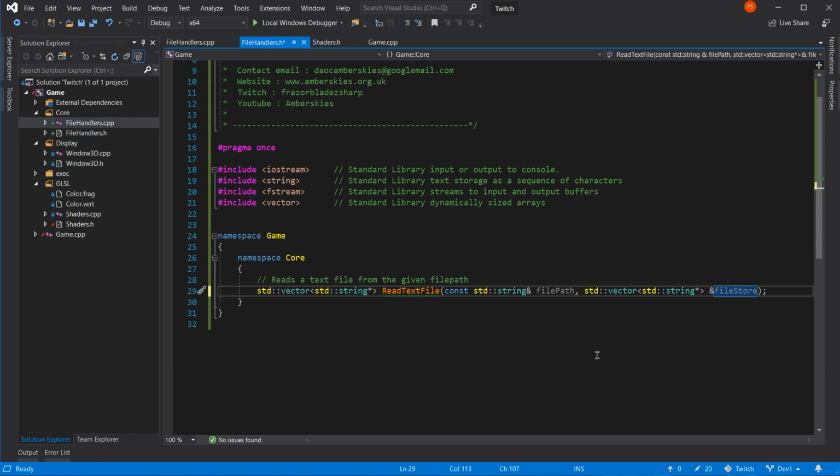Would that be right? What would I call it? Come on, think of something sensible. We need sensible names for these things, not just off the top of my head.